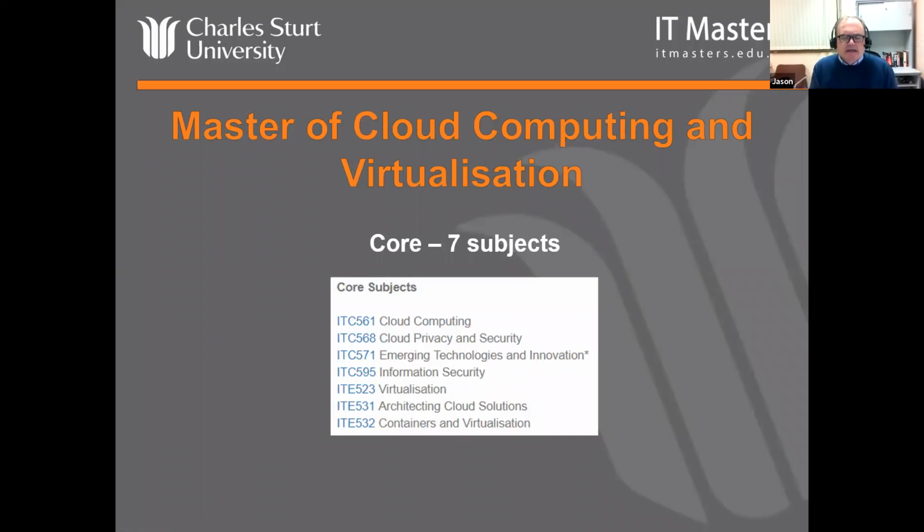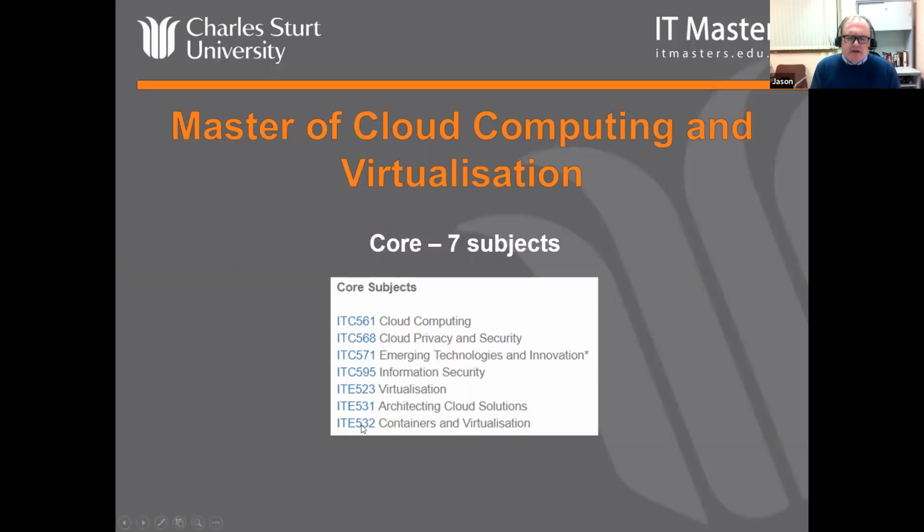So just quickly looking at a sample course, the Master of Cloud Computing and Virtualization. All of our master's courses consist of 12 subjects. It is possible to get credit for some of the subjects if you have the requisite industry certifications. We won't go through all the credit pairings tonight. Suffice to say that the cloud computing core consists of 7 subjects that you can see there. Some of these are theoretical, what you would call your typical university subjects. Cloud computing, for example, looks at cloud computing technologies and delivery models. It also looks at governance and security issues.